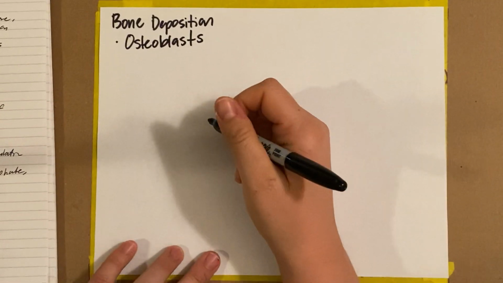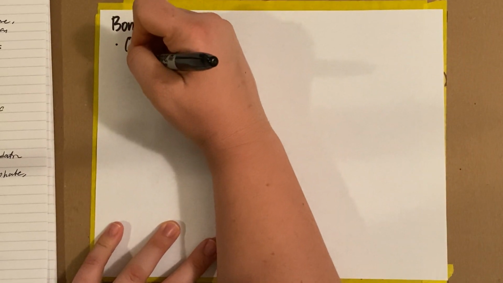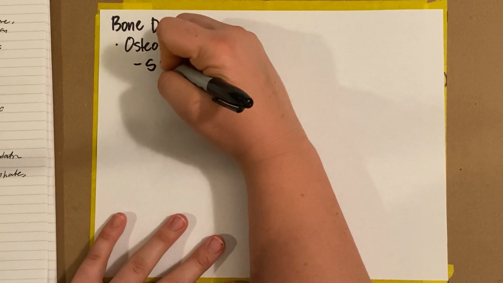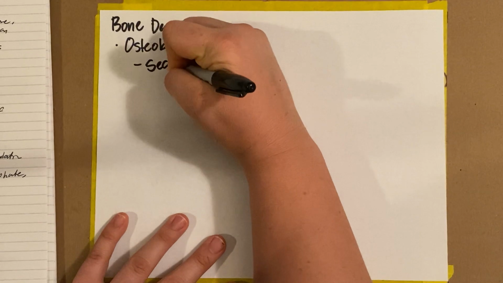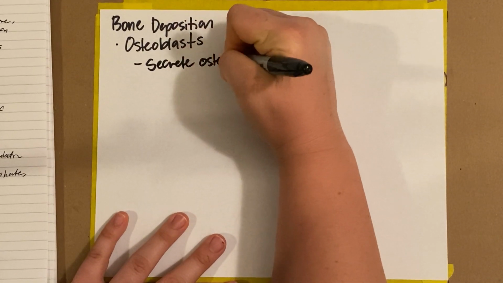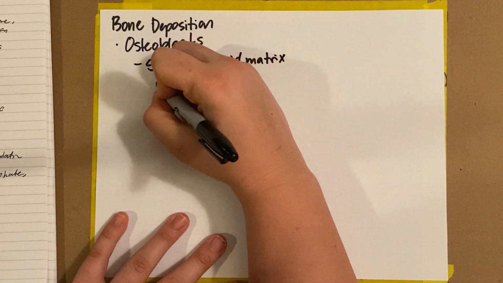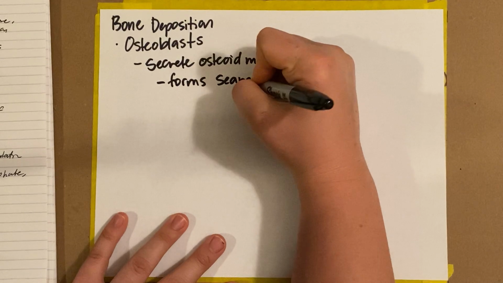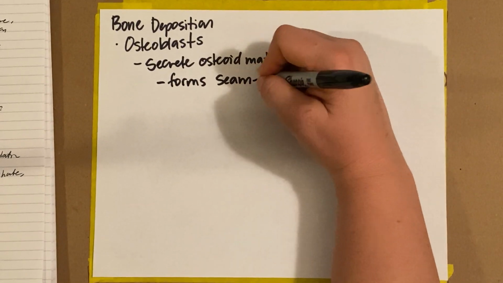They are going to create the new bone matrix. They start to secrete osteoid, the osteoid matrix, and it forms a seam of unmineralized